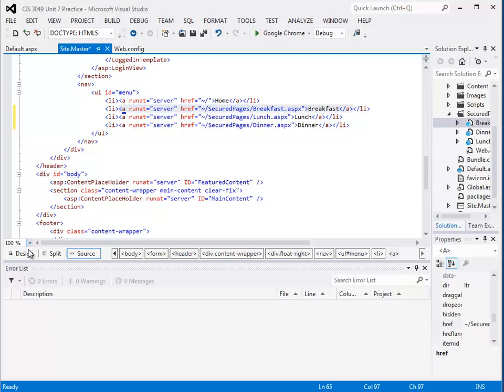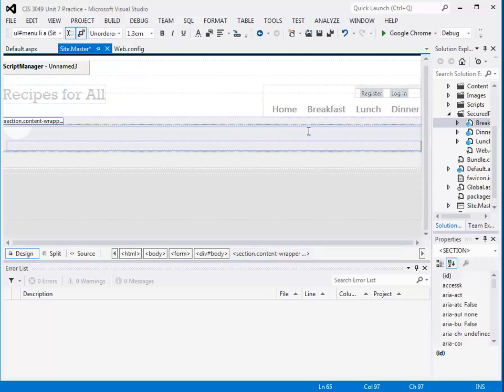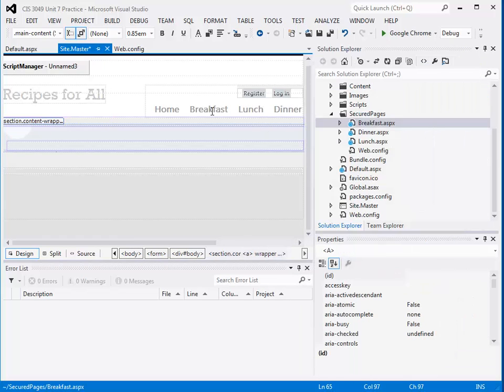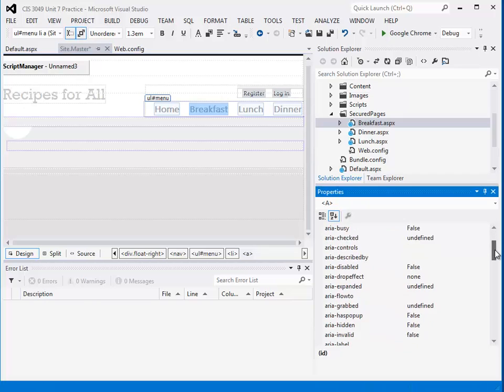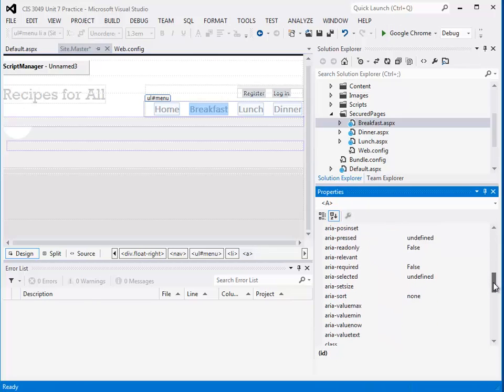And like I said, I did this in source, but if you don't know HTML very well, you can actually do this all in the designer. You can just click on breakfast. You want to make sure you have the anchor selected. You might have to click on the anchor tag, or if you just double click on breakfast until that whole tag is selected. Then down here in properties will be the tag information. And so you can change the